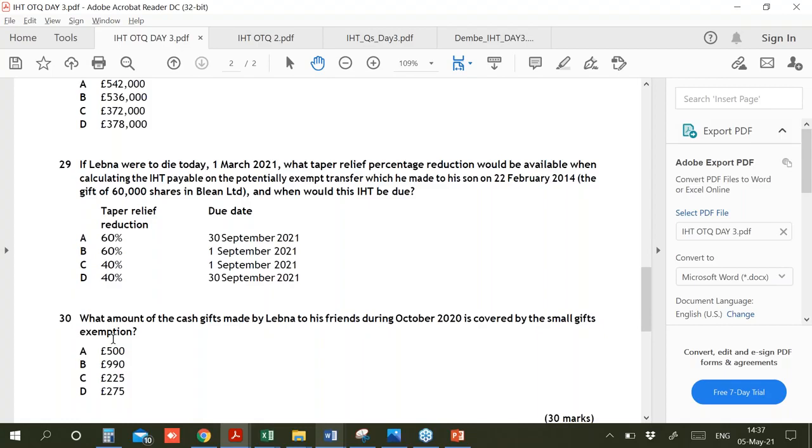Thank you guys. Subhan, your answer is absolutely correct. It's not only 250, but it's 250 per person in a tax year. So you can make 10 gifts of less than 250 to 10 different individuals, but you cannot make 5 gifts of less than 250 to one person in a tax year. So do remember it is 250 per person per tax year. Again, you can make 10 gifts of less than 250 to 10 various persons, but you cannot make more than one gift of 250 to one person in a particular tax year. So the correct answer is 250 per person. Do remember it will help us to answer the last question.